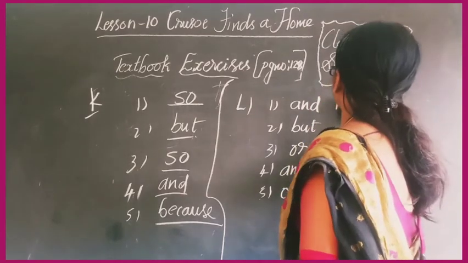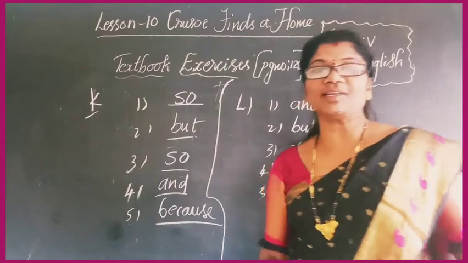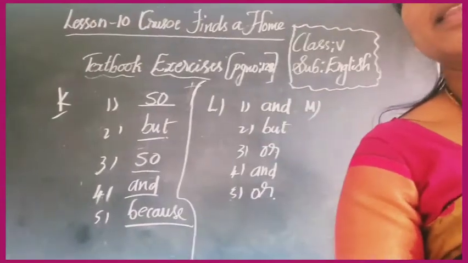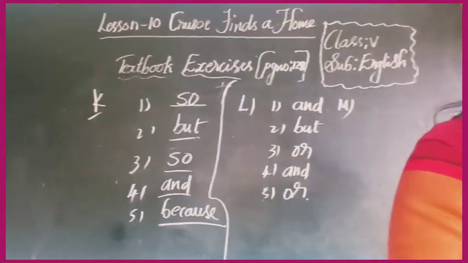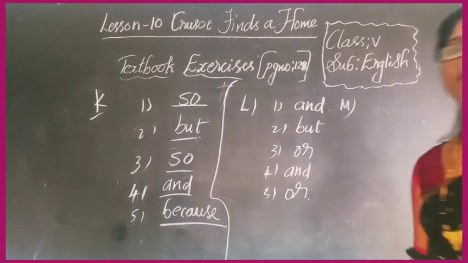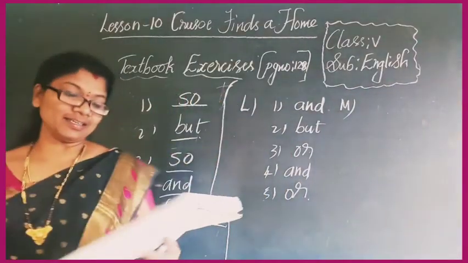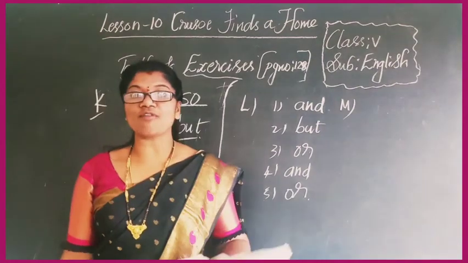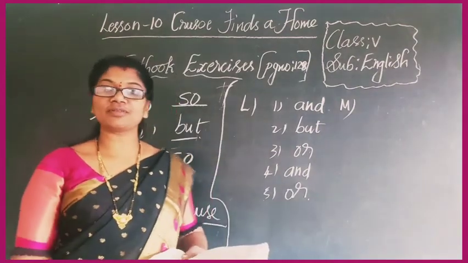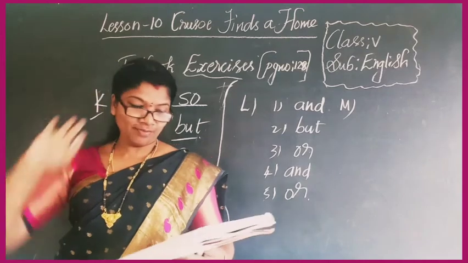Now let's go with the M exercise. All of you are ready with your M exercise, I think. Now let's go with this side. Yeah, fine. Now complete these sentences using when, why, after, as. Only four options, you can repeat. Five blanks are there.